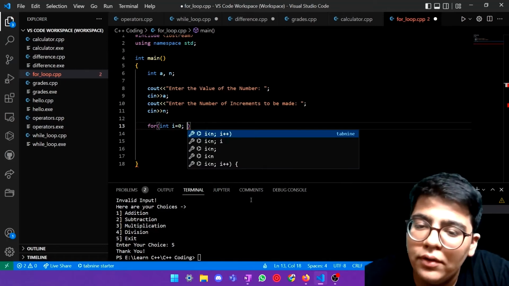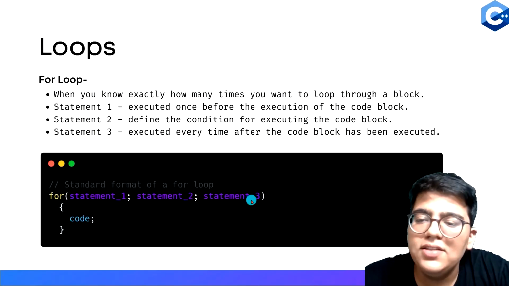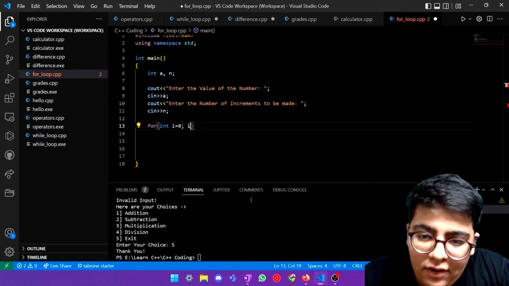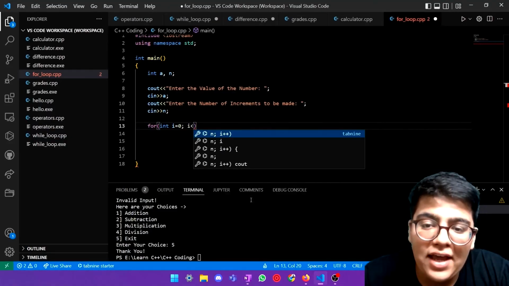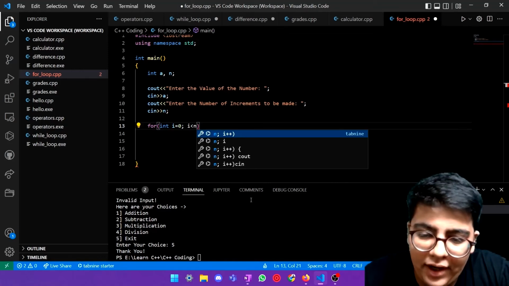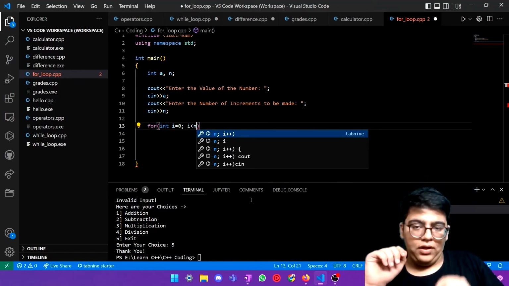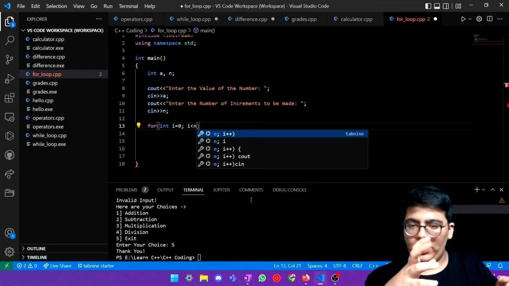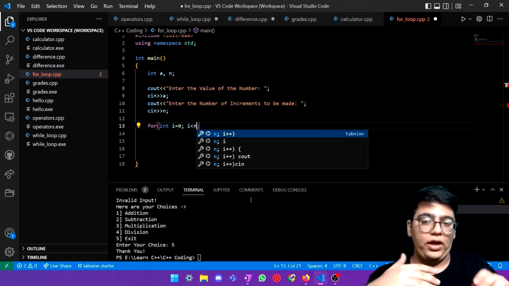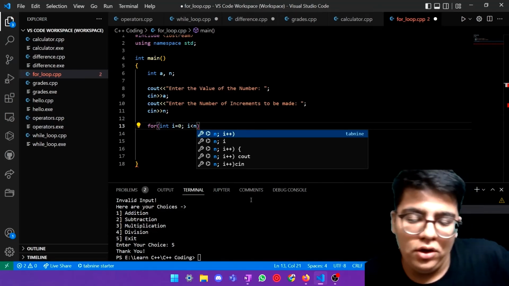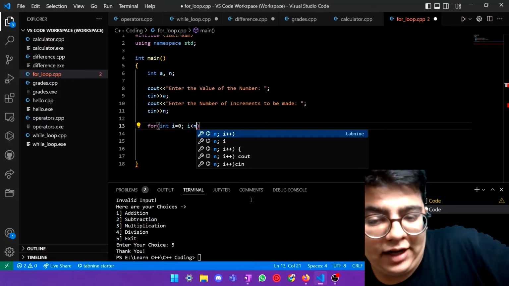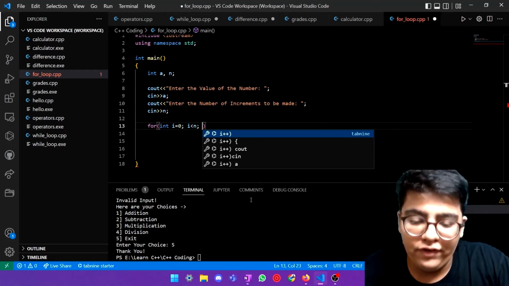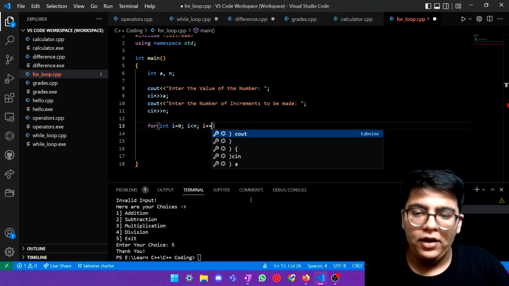You put a semicolon. Next, you use statement 2, which is the condition. So you will say that as long as i is less than n, continue. Let's assume you put the value of n as 3. So i was 0, okay, i was 1, okay, i was 2, okay, i was 3, no, finish. So it got executed 3 times, and that's what we want. And the next thing is what should be done after the end of each iteration. So we increment the i by 1. What happened here is